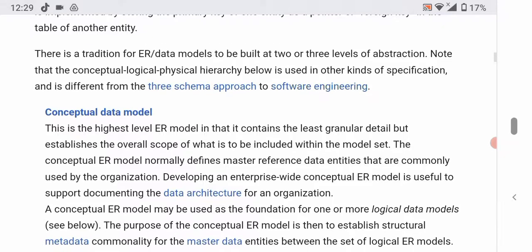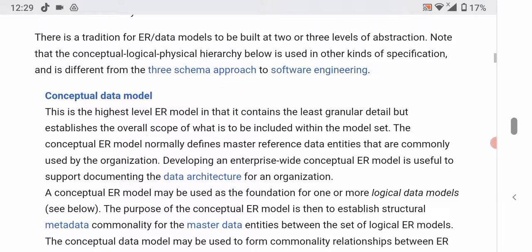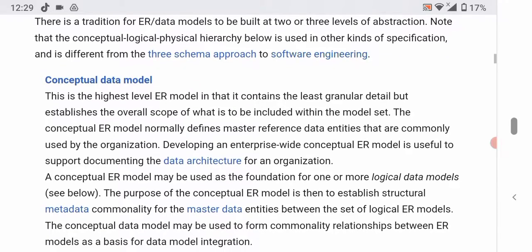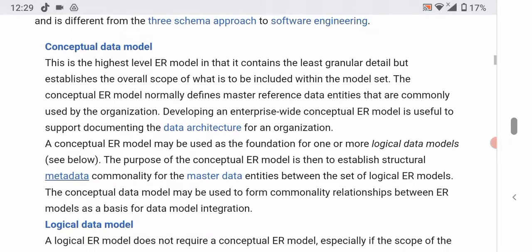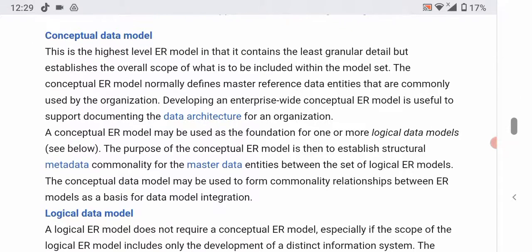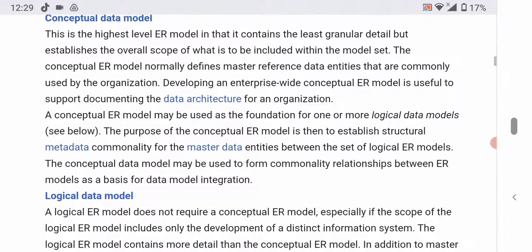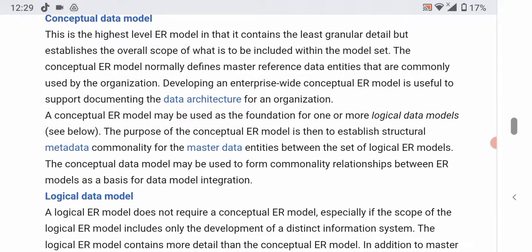There is a tradition for ER or data models to be built at two or three levels of abstraction. Note that the conceptual, logical, physical hierarchy below is used in other kinds of specification. Conceptual data model. This is the highest level ER model in that it contains the least granular detail but establishes the overall scope of what is to be included within the